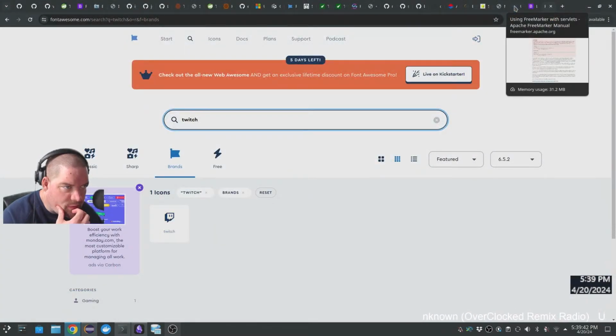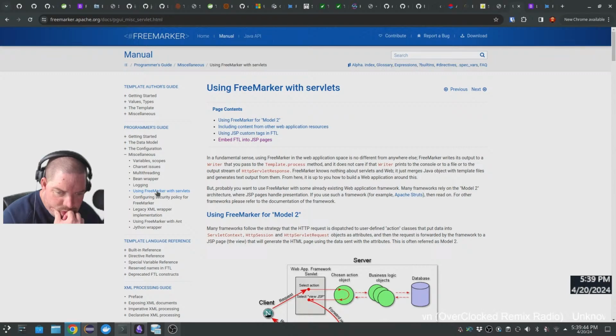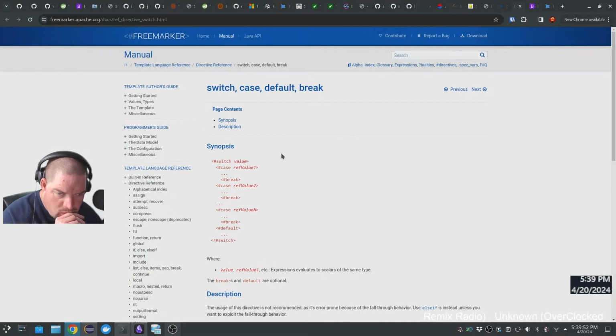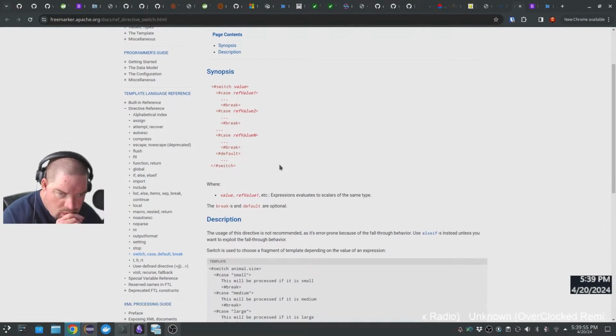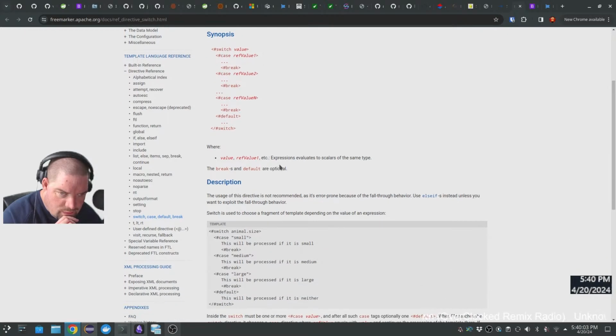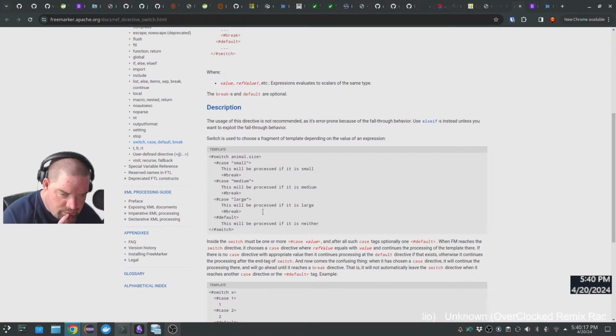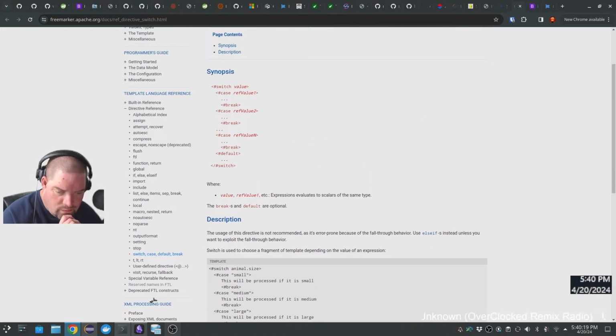I think I have a switch case. Value case, breaks and default are optional. Well, breaks are not really a case statement, but okay. So